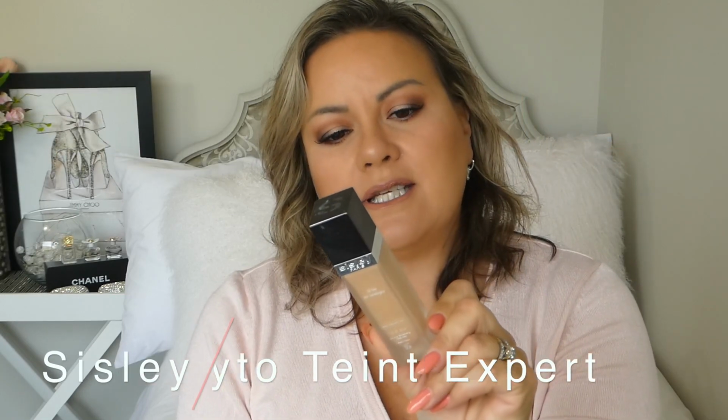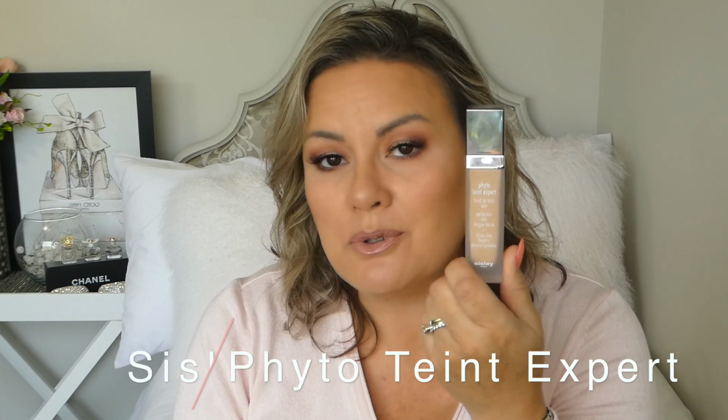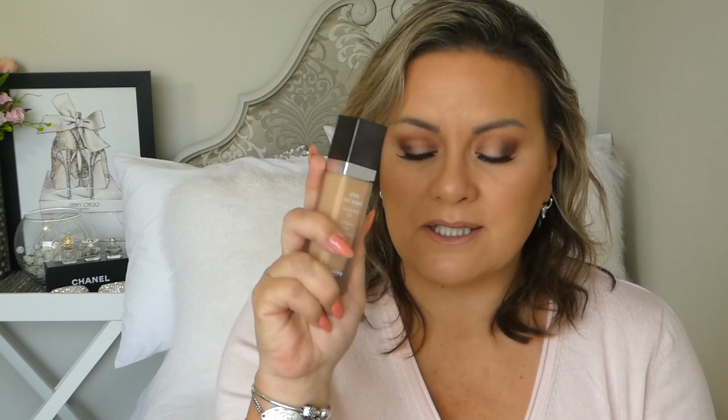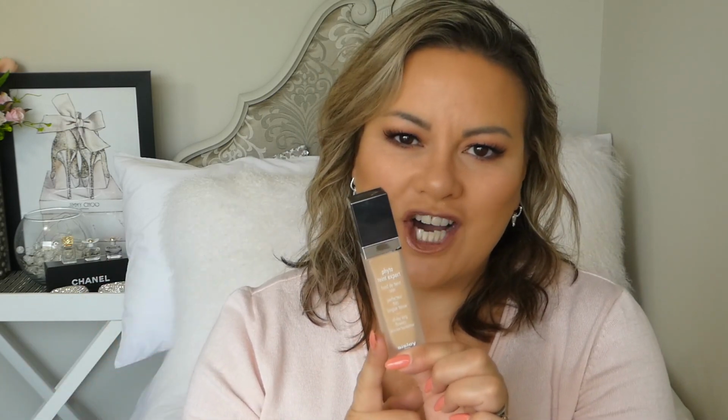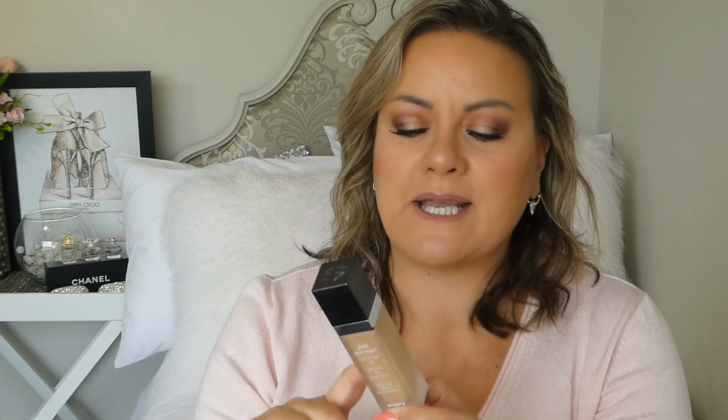A product that I am nearly out of is the Sisley Photo Tint Expert. I love this. I'm not repurchasing it though because it is really expensive. It's about $170 here in New Zealand, and I have other foundations that I think are just as nice, will do the same job, give me the same finish, and definitely not that price. So I will finish it up. I've only got a tiny bit left. I have mine in the colour 2+ Sand. If someone was going to give me a bottle, definitely would keep it and use it, but I won't repurchase